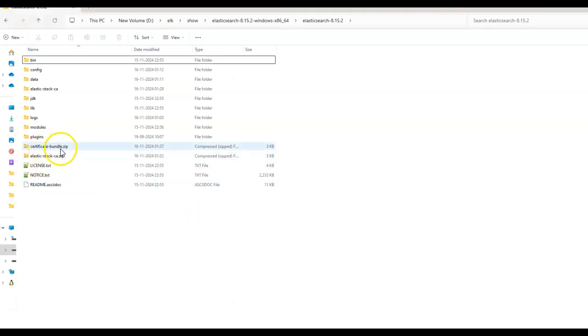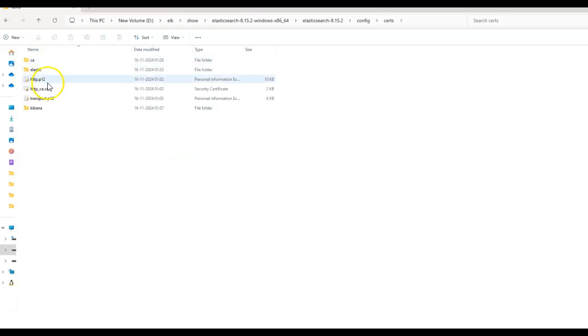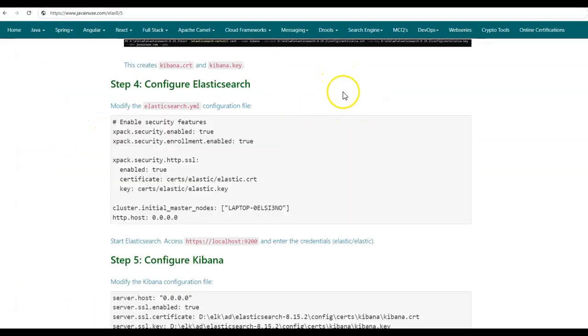So here the certificate bundle.zip has been created. And here we have kibana.crt and kibana.key. So again copy this folder, into config certs. So here in the certs folder, we have the certificate authority, elastic and kibana HTTP files. So now that we have generated these certificates for Elasticsearch and Kibana, let us make use of them to configure